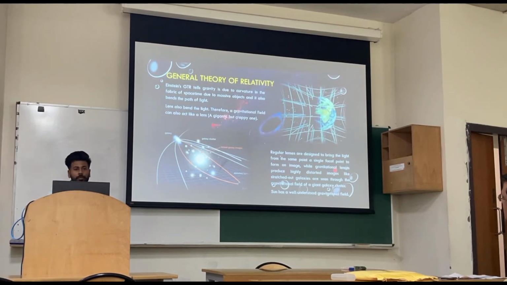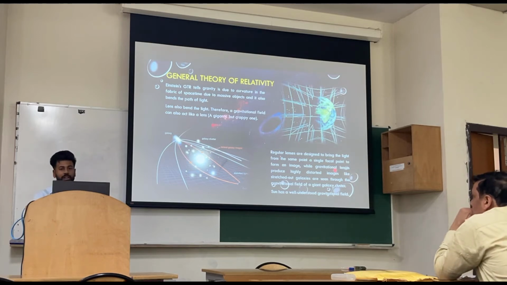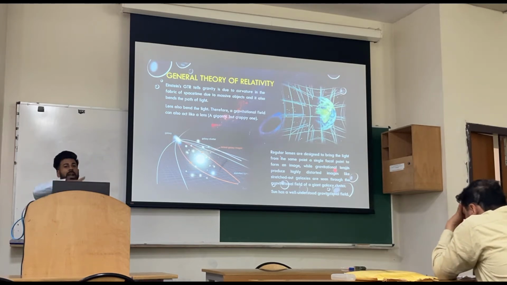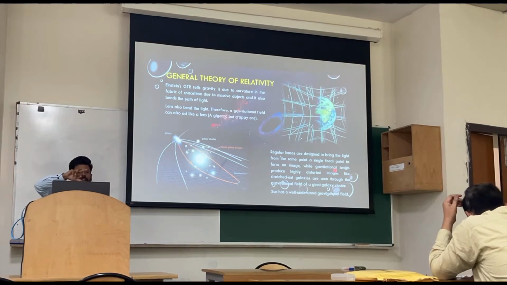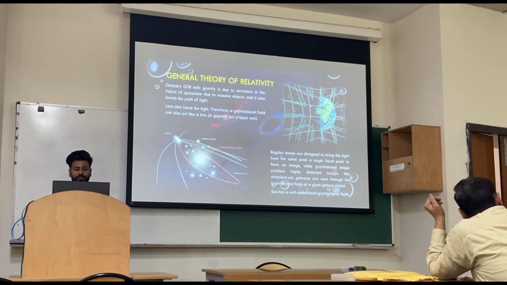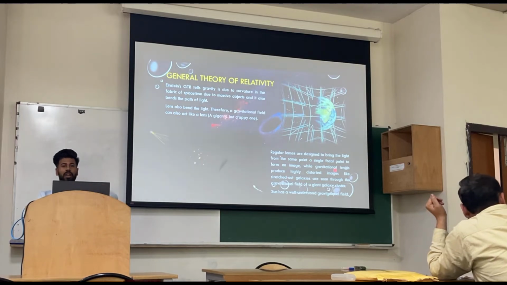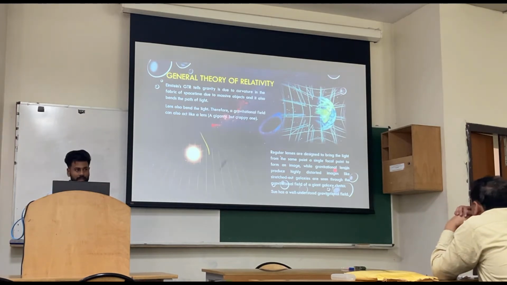So Einstein published a paper in 1950 about the general theory of relativity, in which he said if there is a mass in space, it will distort the fabric of space-time in a way that it will create a positive curvature. If the mass is high enough, we can even observe that curvature with light, because light always travels in a straight line through space, and if the space is bent, light is still traveling in a straight line, but it will appear as bent. So we can see if light passes through a heavy object, it will bend,